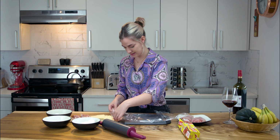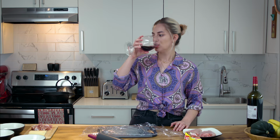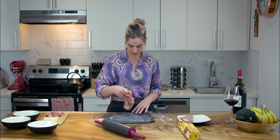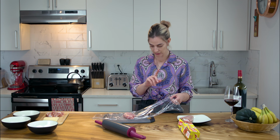Oh, fuck's sakes. Why does it always do this? No, all this shit out of my way. So take one of your chicken breasts, put it on there, fold it. Make sure, this is super important, do not